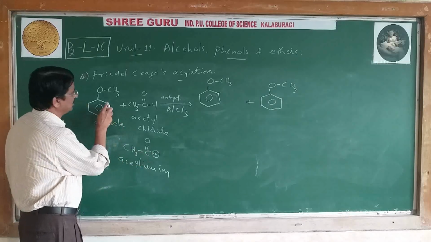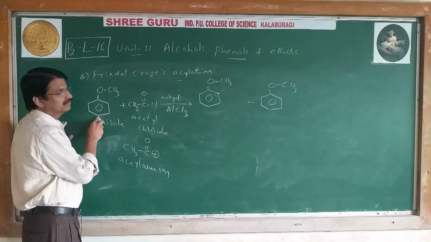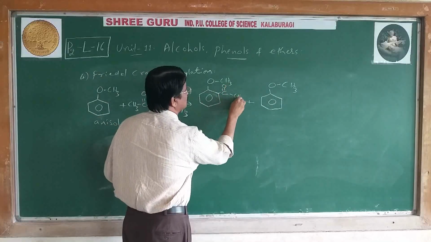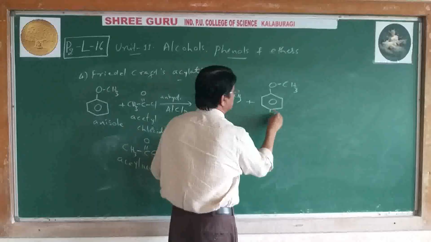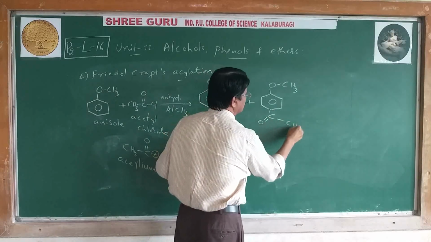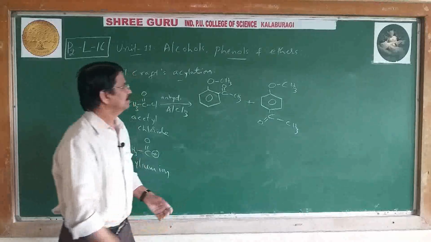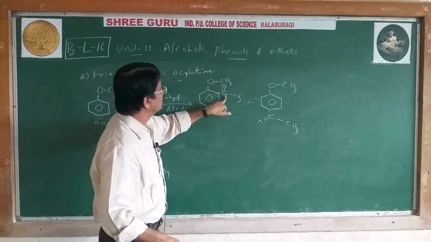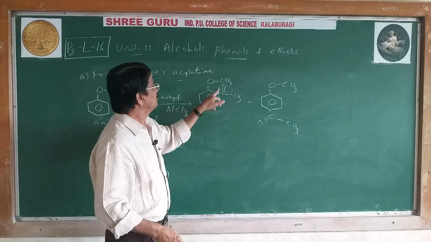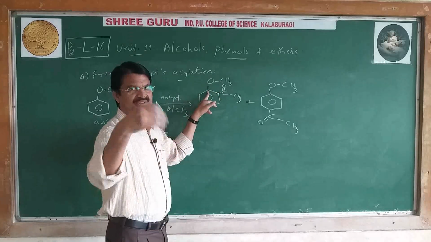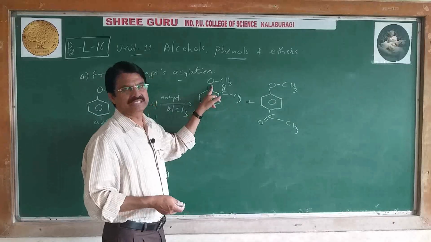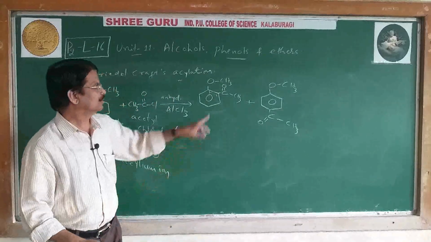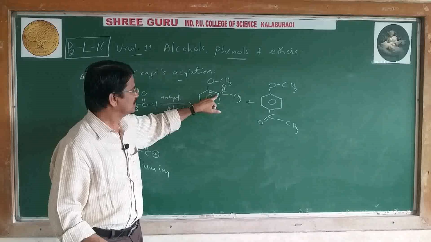Now it can attack on the ortho and para positions. Then we get C double bond O CH3. The acetyl group attacks on the benzene ring. Next, a keto group and a methoxy group are on the benzene ring. Then preference is given to keto, not ether. Therefore,